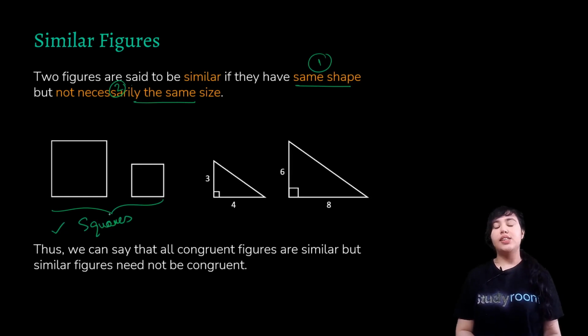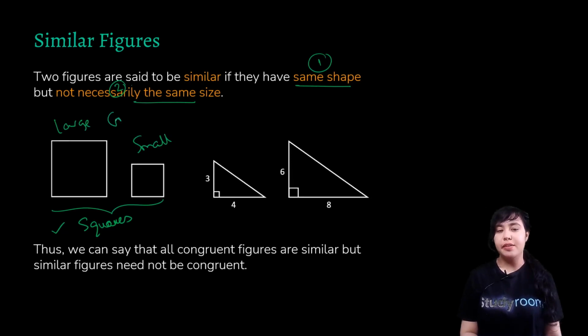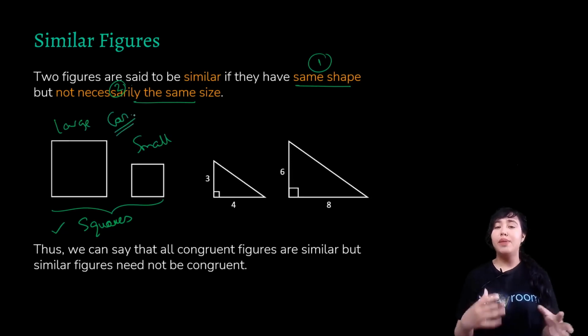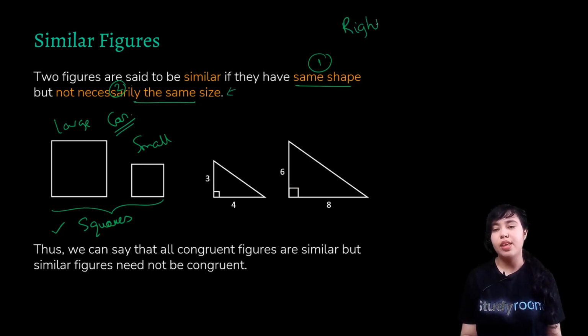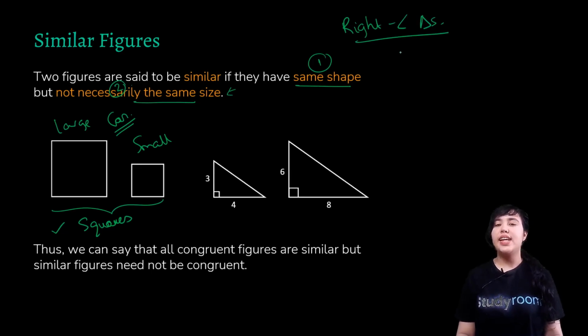Talking about their sizes, even if you don't measure it, you know that the size is not the same. This is a large square and this is a small square. So definitely they're not congruent, but yes, they can be similar. I'm using the word can here because there are special rules for the size. I'll just tell you in a couple of minutes. Then here we have triangles. To be more precise, they are right angle triangles. I'll just digress from the topic of similarity to understand what right angle triangles are, that's important. So what's so special about these triangles is that here one angle has to be equal to 90 degrees.